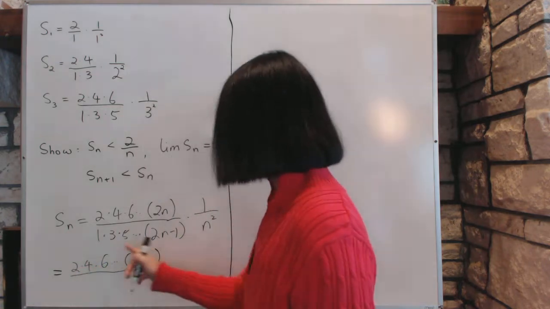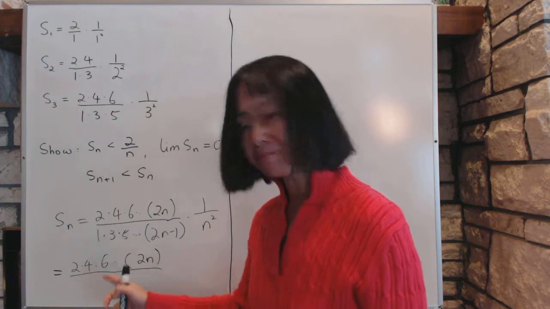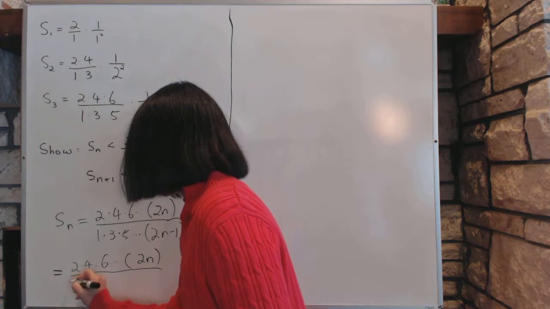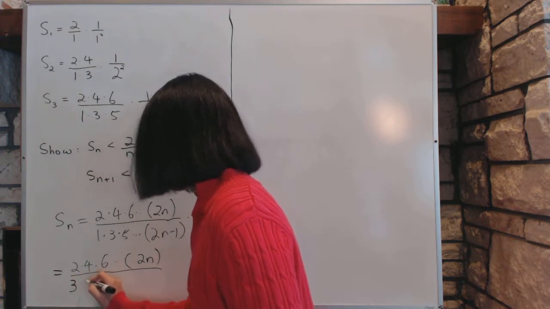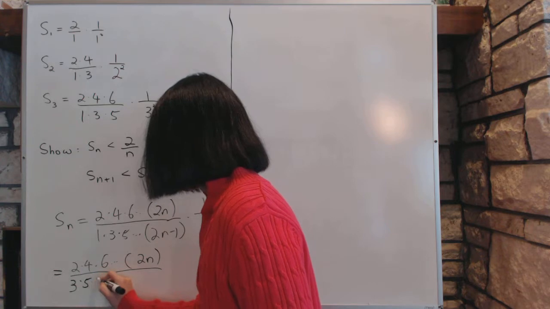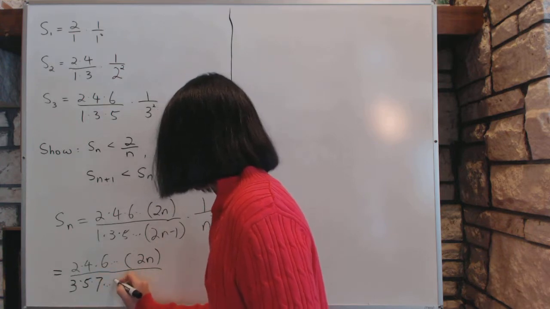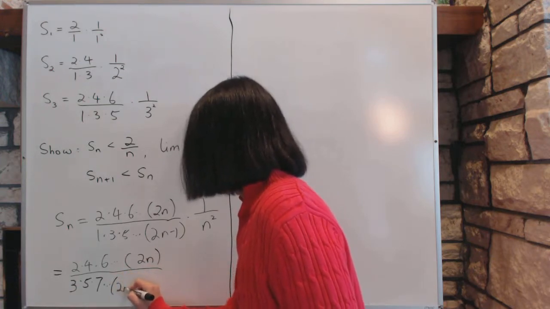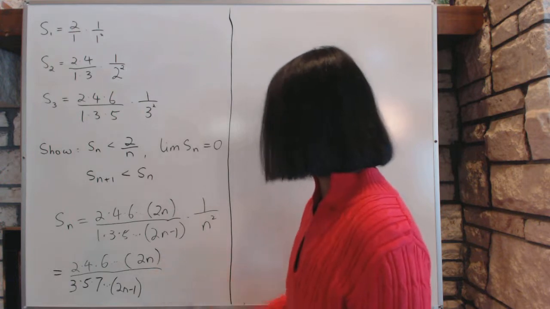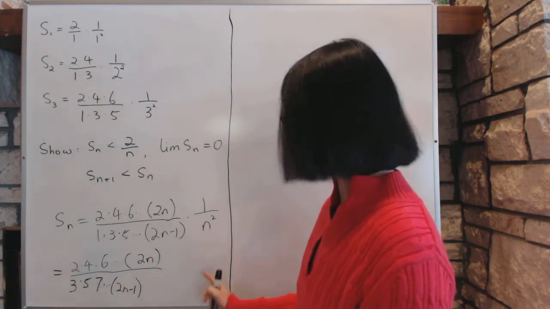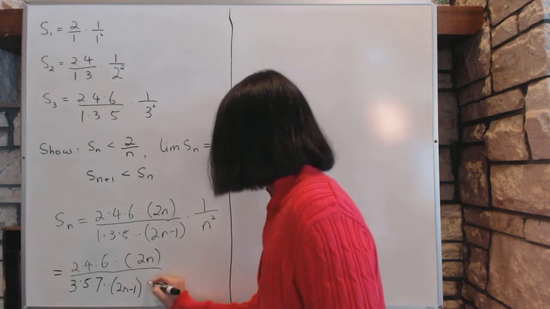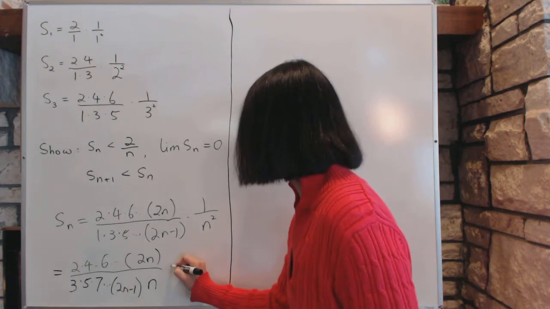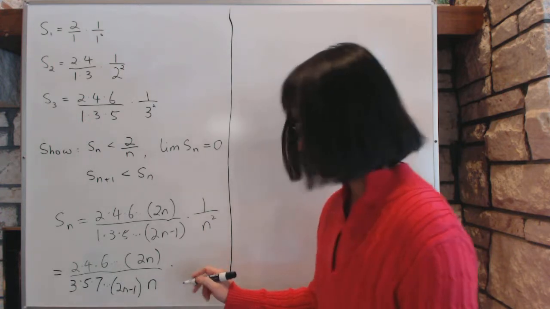And what we're going to do is move everything over. Right now, 1 is under 2. But we're going to shove everything that way. So now 3 is under 2. Okay, 3 is under 2, 5 is under 4, 7 is under 6, etc. And then eventually we'll get up to 2n minus 1. But there's nothing under 2n. So what we're going to do is borrow the n from over here to be under 2n. So everything's still matched up. Times, then what we have left is